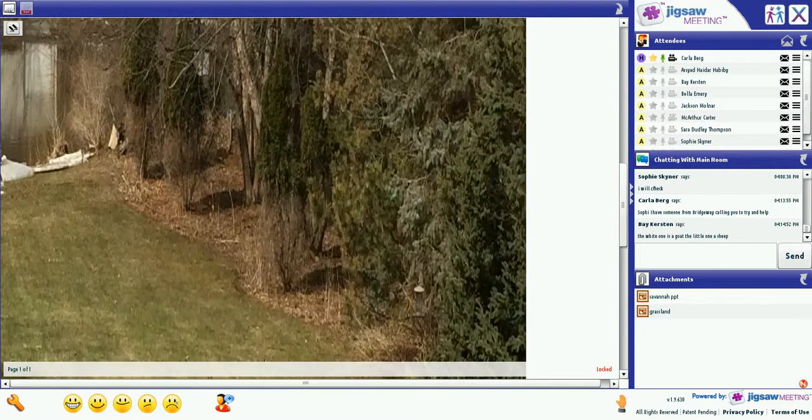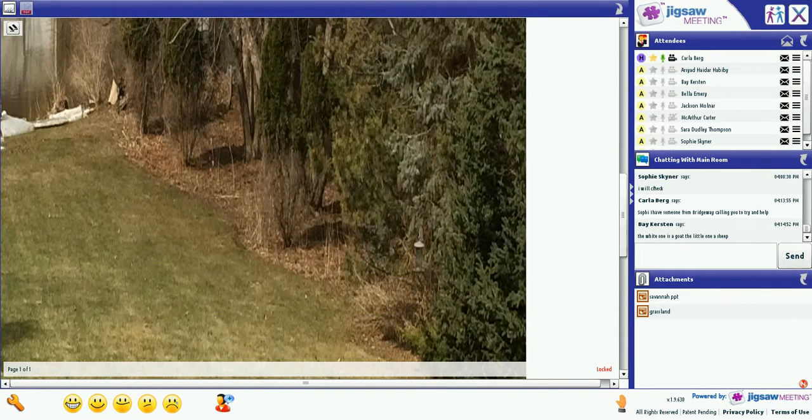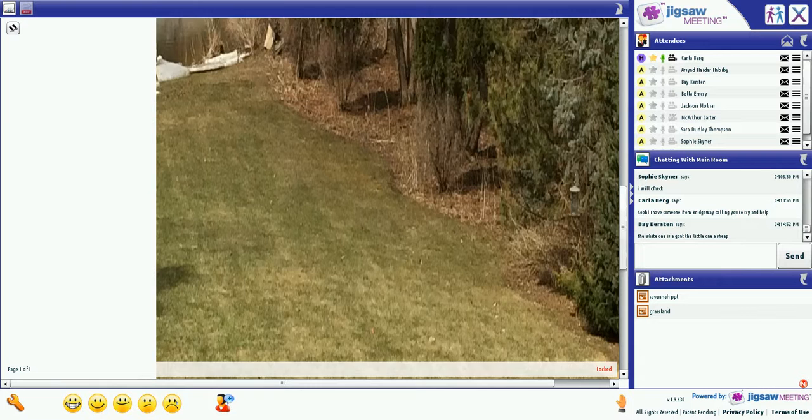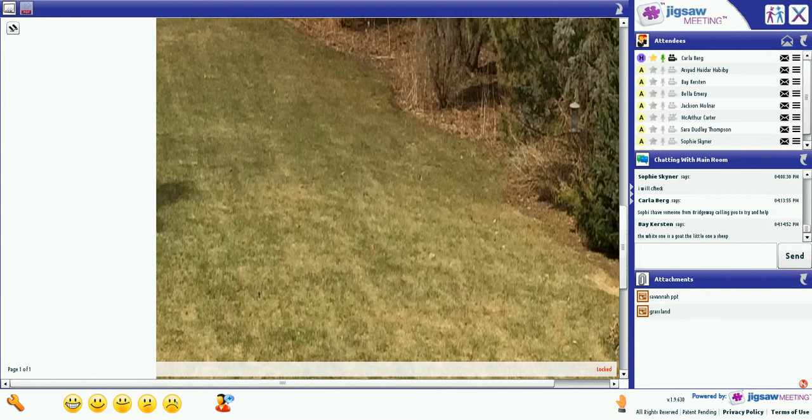Okay, and if you look at your whiteboard, I have somebody else's up here, their grassland. Sarah, you have a question? I could not see the goats in the picture.